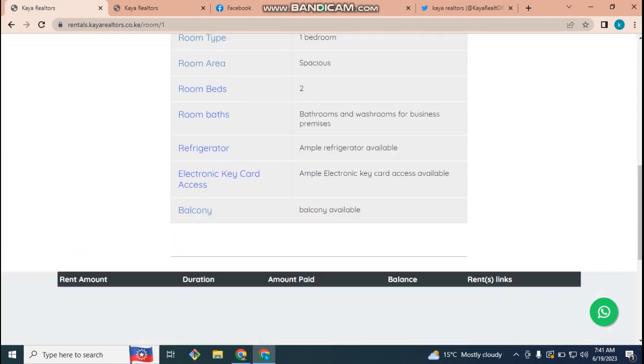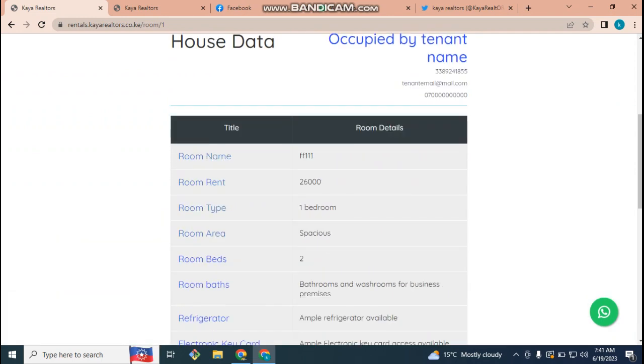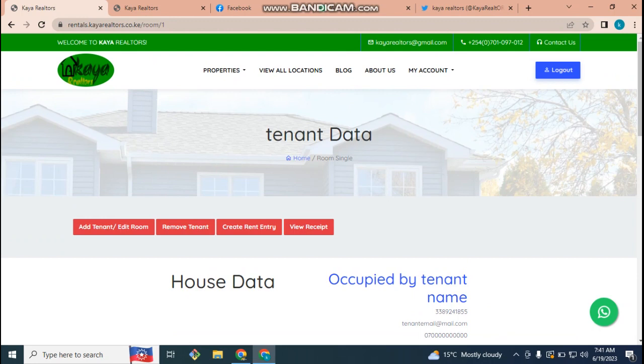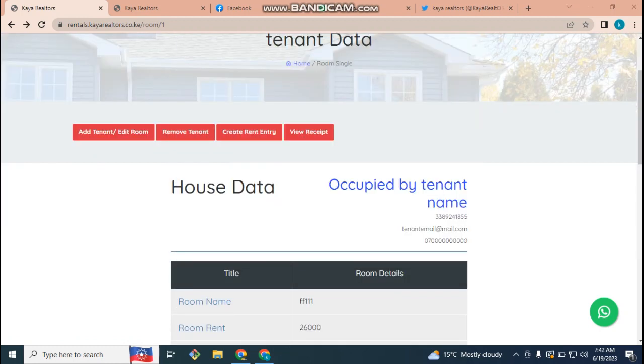So having done that, there are several aspects that now display once again. So you can also edit the tenant or edit the room. So this is why you can continue doing that. And maybe removing the tenants, you can do that by clicking this button. You can create a rent entry and view receipt. So apart from removing a tenant, you can also